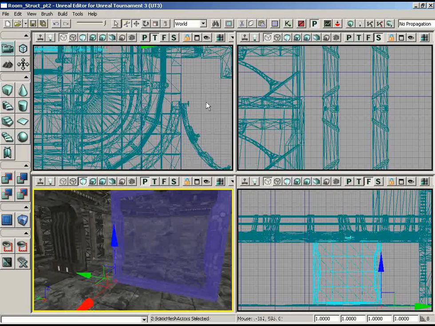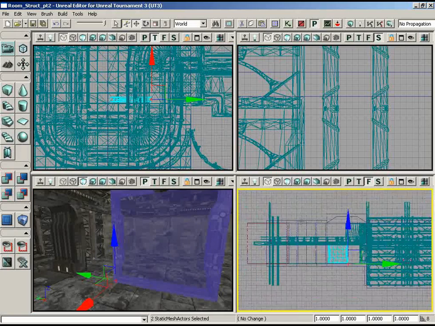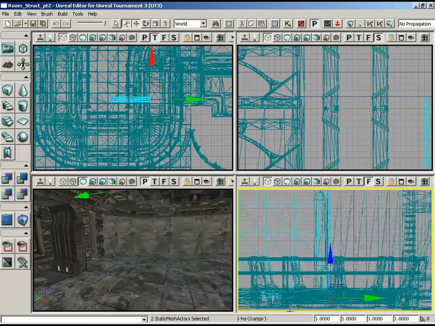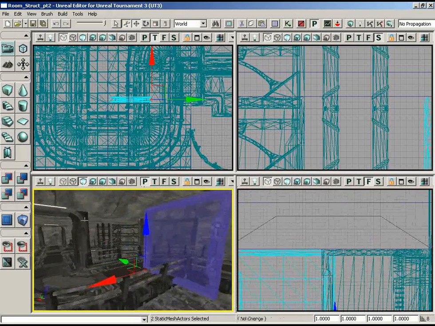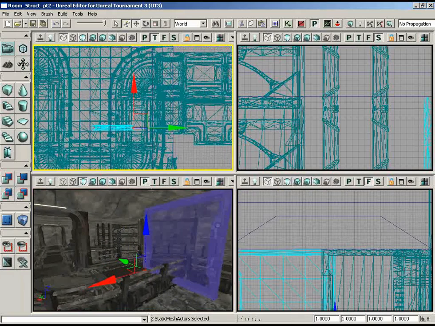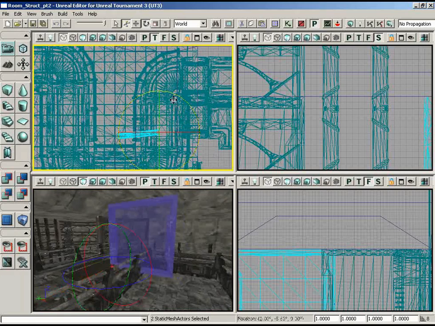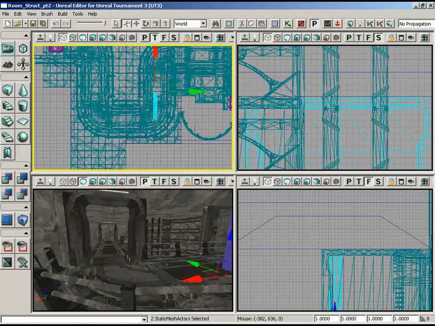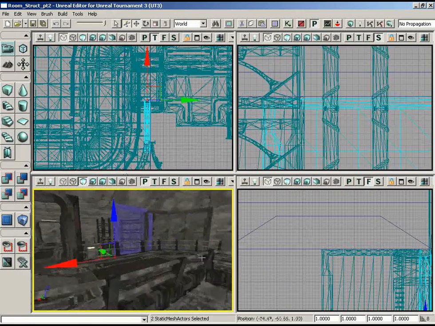But knowing that, we'll select both the glass mesh and the frame mesh. Let's move them up in Z so that they match the ceiling. Let me zoom in a little bit, make sure that that's lined up. And now let's look at its positioning. At first it looks like we'll need to do some rotation. So let me grab rotation and take it 90 degrees, maybe down,